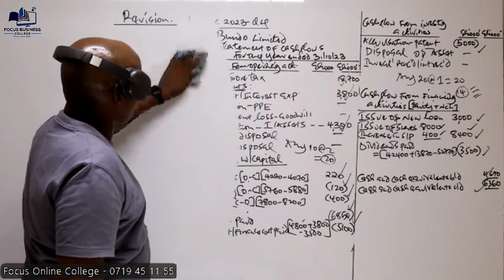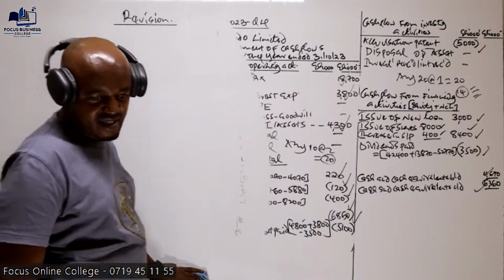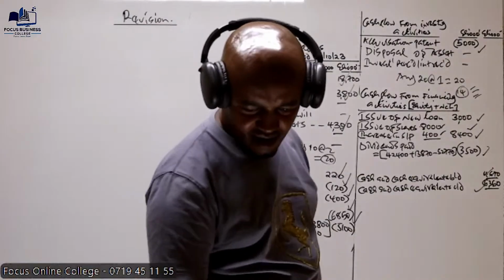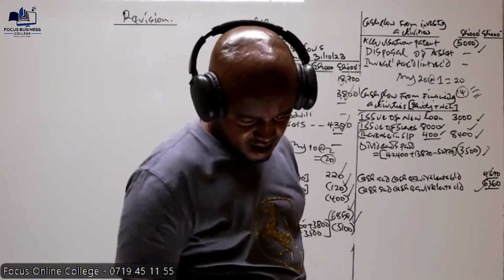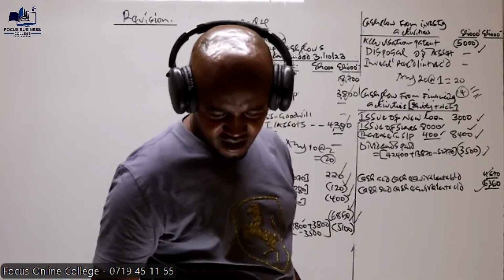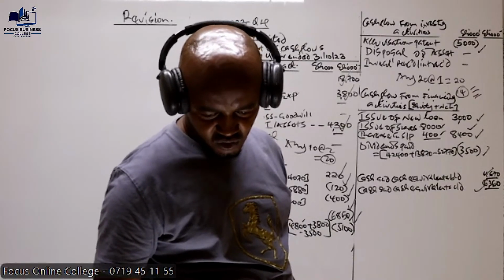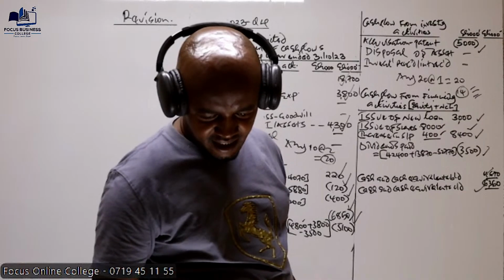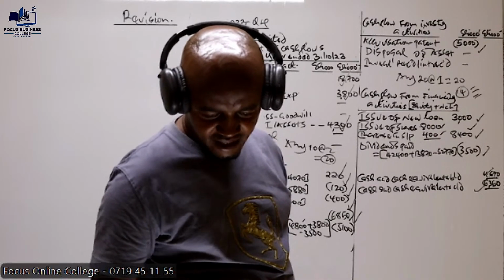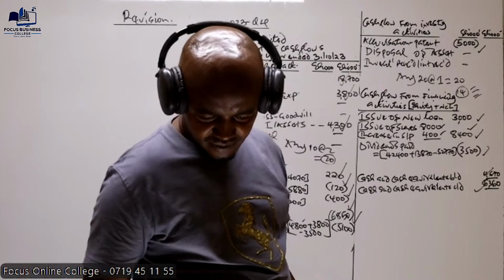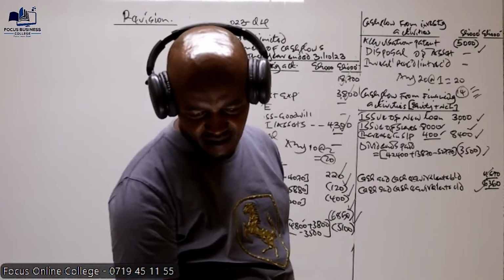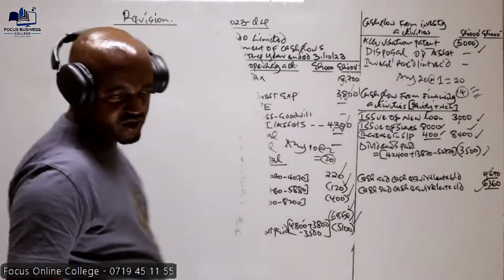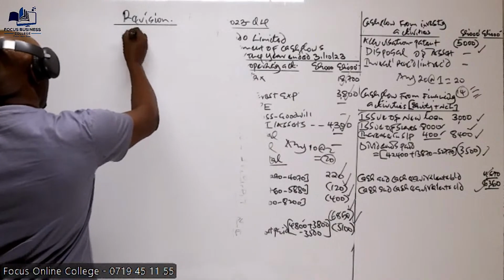So recall, in this case, we say that a lease is basically a transaction whereby one company or entity can give the right to use an asset to another company for a specific period of time, and then the company or entity given the right to use that asset is expected to pay some periodical payments, which are known as the minimum lease rentals. So the question I want us to do is December